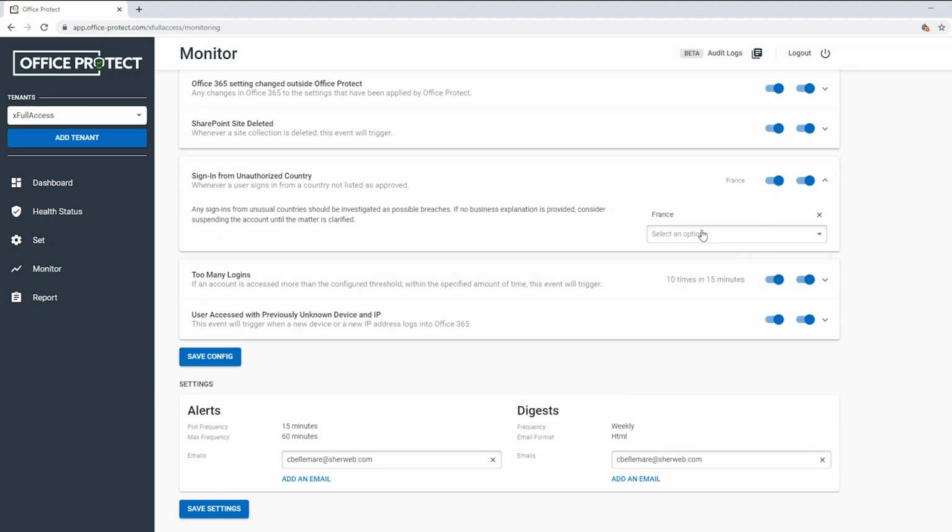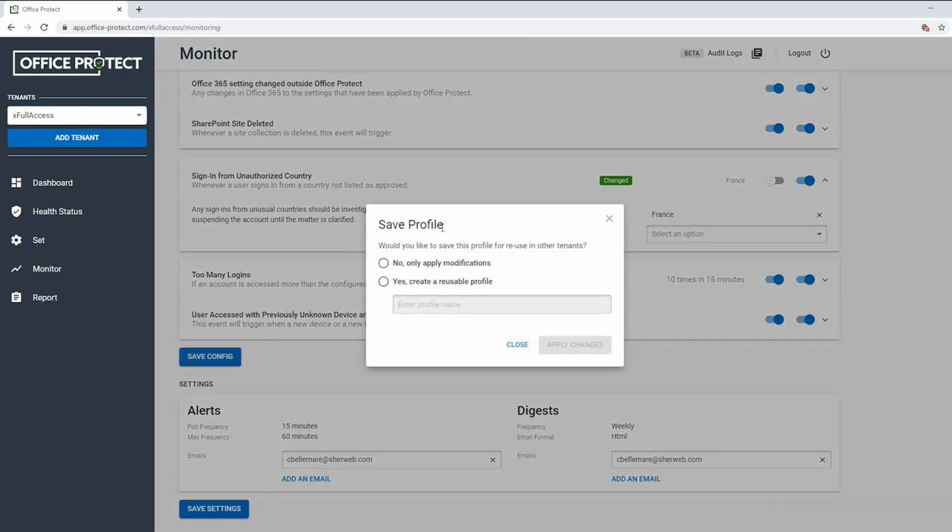Once you have done those manipulations and have changed some of the settings, you can go ahead and save your configuration, and you will have access to the exact same functionality of saving and applying that profile to other tenants. Once you have a custom profile and you modify it, any modification will be applied to each and every tenant that used that profile at your request.